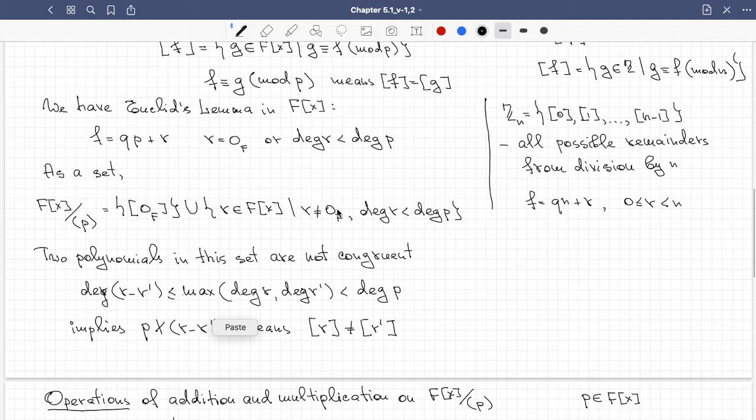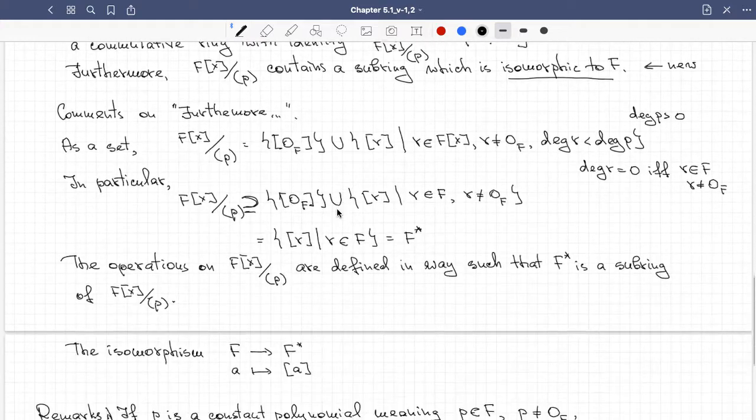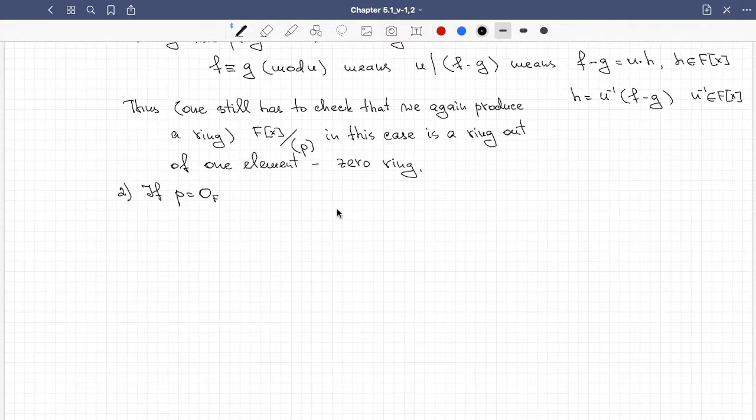We cannot say that the difference is divisible by 0. But we can say that the difference is 0. For divisibility, the difference is divisible by u means the difference is equal to u times something. We can similarly say f is congruent to g